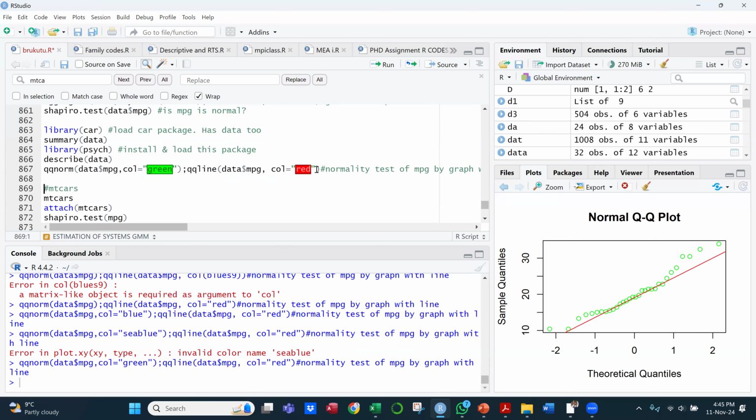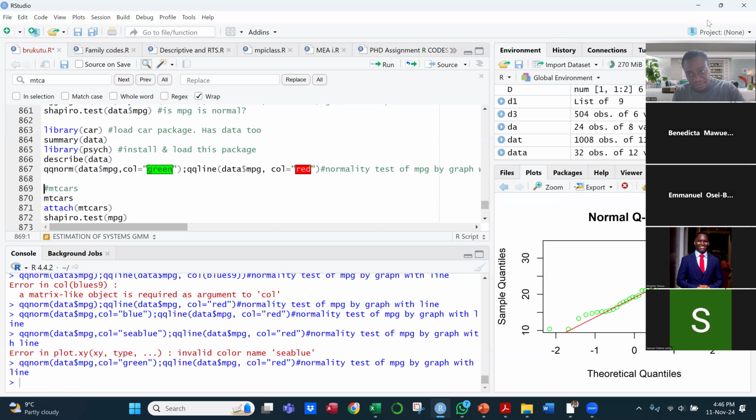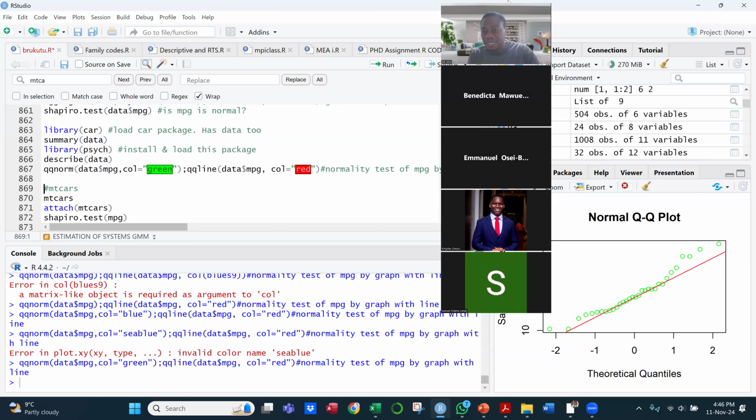Please, what I want to ask is, how do you interpret the plot? Okay, I'm about to talk about that. When the majority of the data are on the line, it means that the data is normally distributed. The quantile normal probability plot is one way you show them to determine whether data is normal. You don't need all, just majority. Or most of the data are on the line, then you know that the data